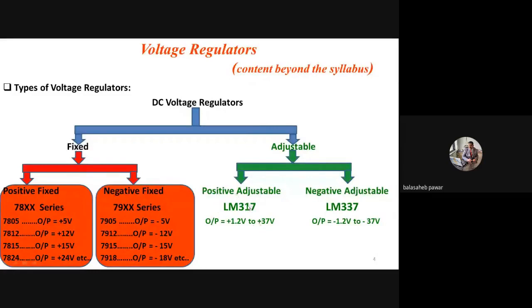But what is its feature? If later on my requirement gets changed, that means instead of 5 volt, later on if I require the output as 12 volt, and if I prefer positive fixed, then what I have to do? I have to change each and everything. Each and everything means, first of all, we have to change that regulator IC, because that 7805 can't provide the output as per our new requirement, and that is 12 volts. That means we have to replace that 7805 by 7812, right now.